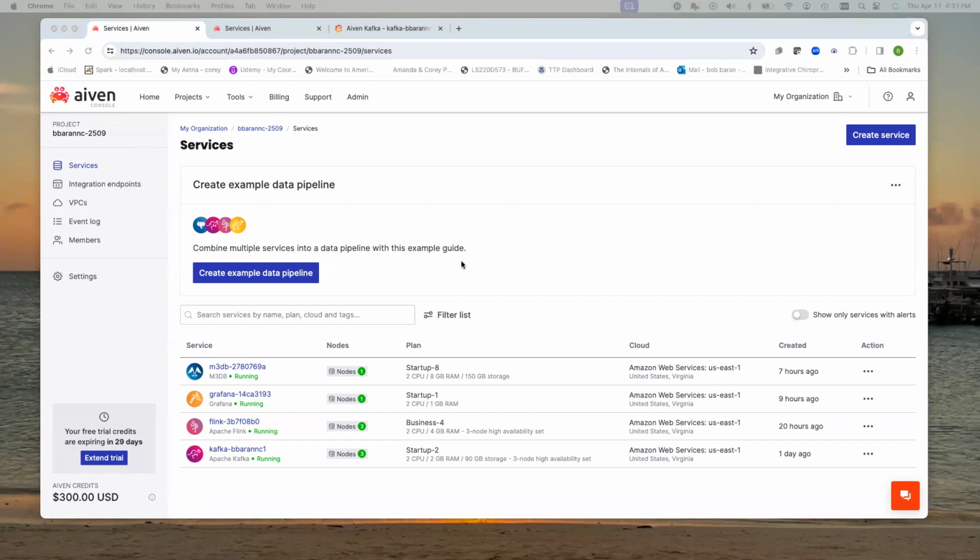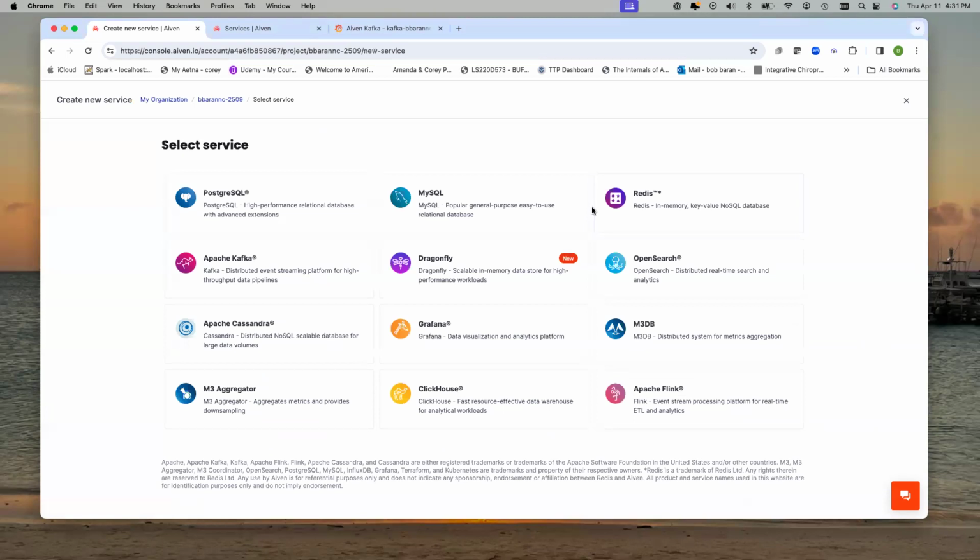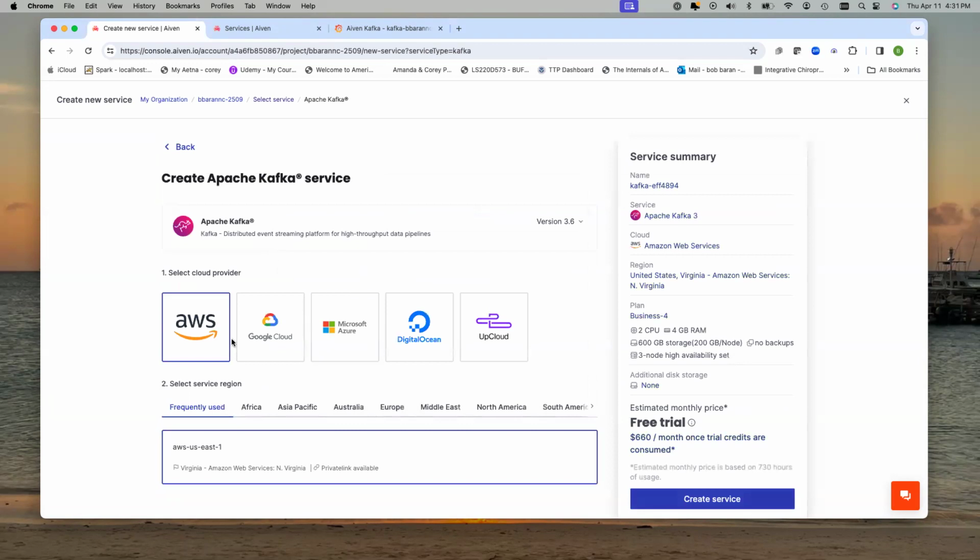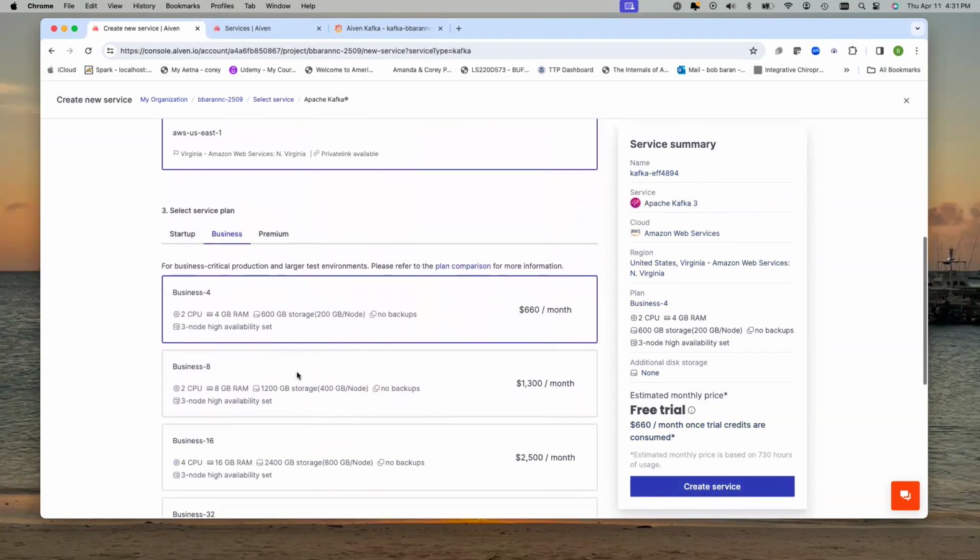So now that I have this up and running, this is great. I have a project up there and running. You could see the project. You can see how I integrated it all together. You may say, well, how hard is it to really add a new service, bring a service in? Like I said, I just say create service. Say, for example, now I want to bring in something like MySQL, Apache Flink, some more Apache Kafka. Let me hit that. And now basically I'm going to go through and pick